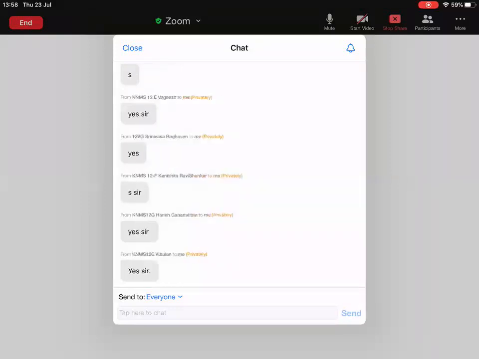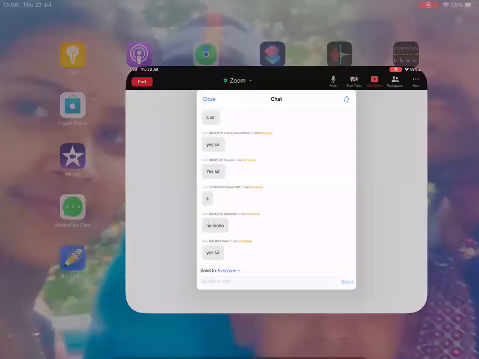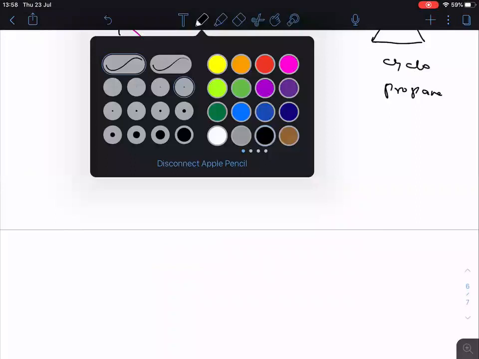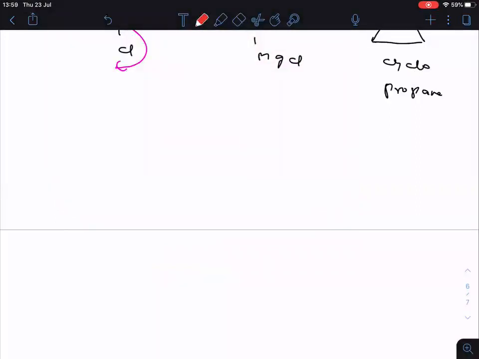Followed everyone this question. Still some more questions we are going to see, which I collected from previous JEE Mains and Advanced. Come on, still some more questions I want to give here. So now write down. This is one compound. When treated with magnesium of one equivalent with ether, what is the product formed here?